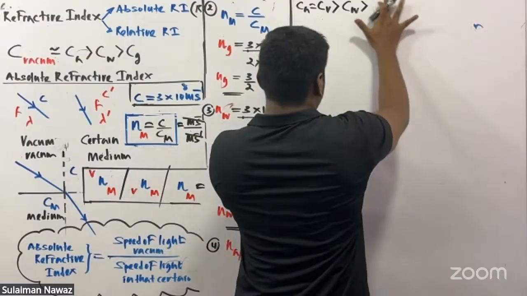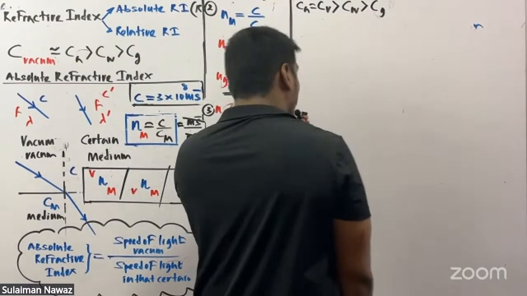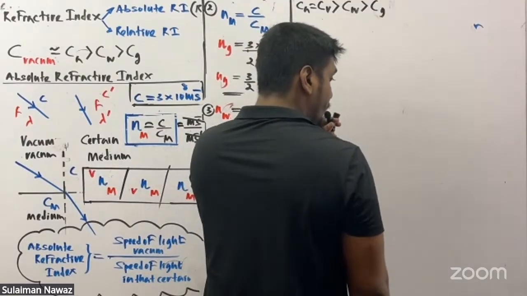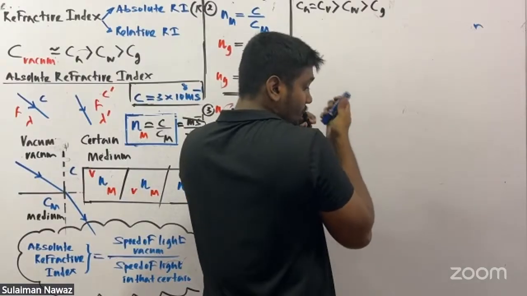Okay, water and glass speeds. Glass is the denser medium, the most dense medium. Glass has the lower speed. So if I just find the absolute refractive indexes, I noticed